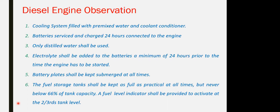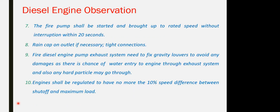Electrolyte levels, battery plates. Checking the fuel storage, which has to be maintained at 2/3 of the fuel tank capacity. The fire pump should be started and brought up to speed without interruption within 20 seconds of the start. For the diesel engine,